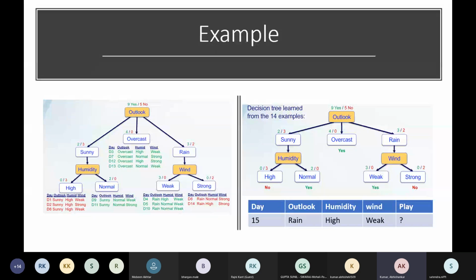So what will you do at a particular node? Let's say at a particular node you got 10 observations. Are you understanding or not? In the 10 observations, 6 are saying that they belong to class A, 4 are saying they belong to class B. So what will be your decision, if you want that node to become a leaf node? Class A.